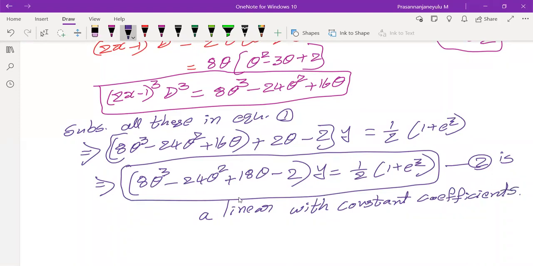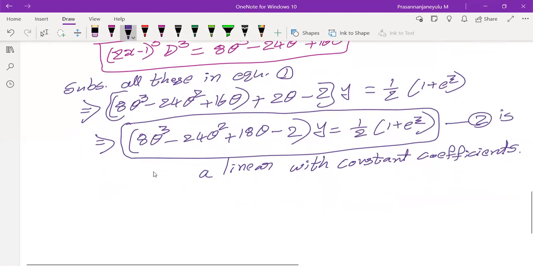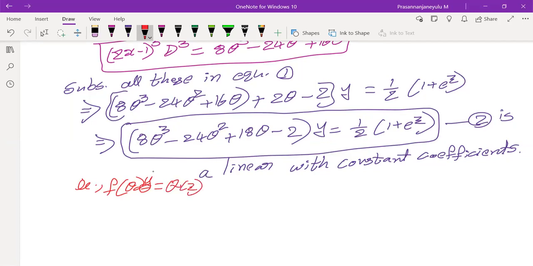With the constant coefficients. That is the thing. Now, what is with the constant coefficients is nothing but how it looks like. That is f of theta of y is equal to q of z form. What is the general solution of equation number 2? Then its general solution is, general solution of equation 2 is